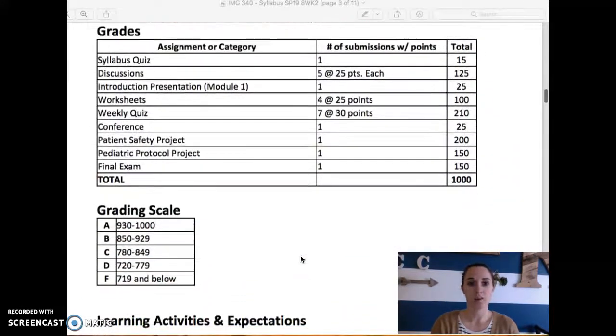Take a look at the points layouts for the grades right here. So this is a 1,000-point course. You will have 2 projects in this course, the patient safety project and also the pediatric protocol project. The patient safety project weighs the most heavily, which is 200 points, and then the pediatric protocol project is worth 150 points. The patient safety project is a 5-part paper that you will be writing, and the pediatric protocol project